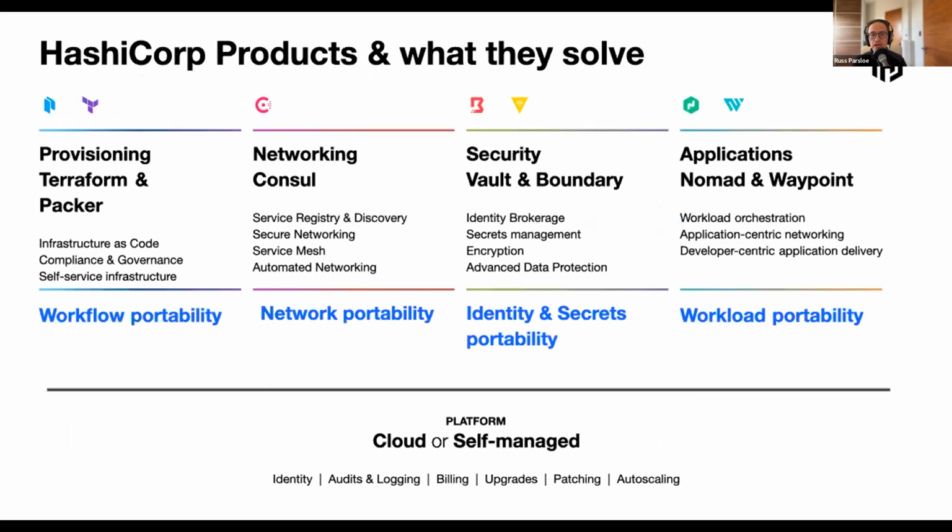Talking specifically about the products that we offer, I'm very fortunate. I get to talk about not just one product, but eight different products that we have here at HashiCorp. If we start on the left-hand side, this is where people start to be like, oh yes, of course, I've used Terraform before. I use it absolutely everywhere. Obviously, HashiCorp is the company behind Terraform, which we have on the left-hand side, which is that provisioning component that can be used everywhere.